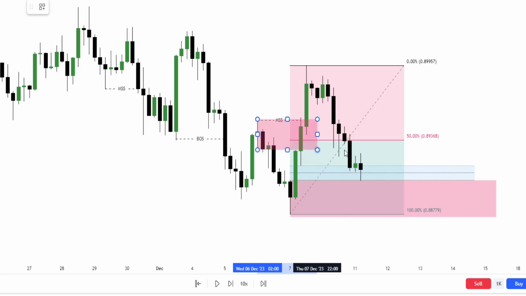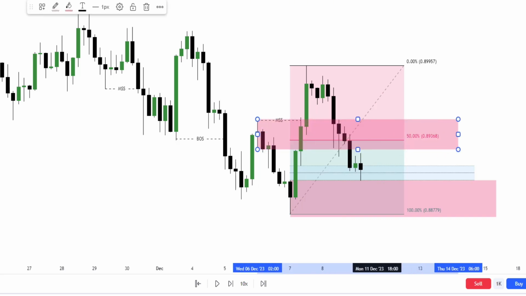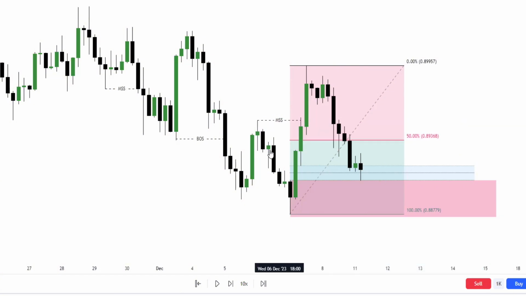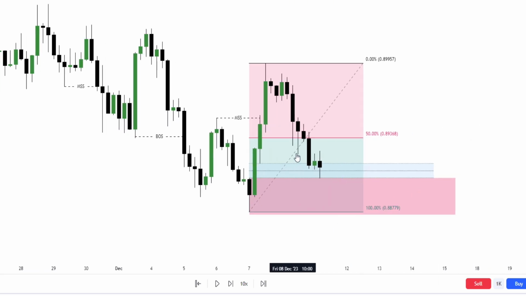This guy is a breaker block, but then this breaker block is still half in the premium, half in the discount. So I would have loved to use this breaker block for entry, but then it is still half in premium, half in discount. So I want to use something that is deeply in the discount area because it gives me a cheaper price for price to use for movement. Do you now see the reason why I always tell you to wait for price to come to your discount